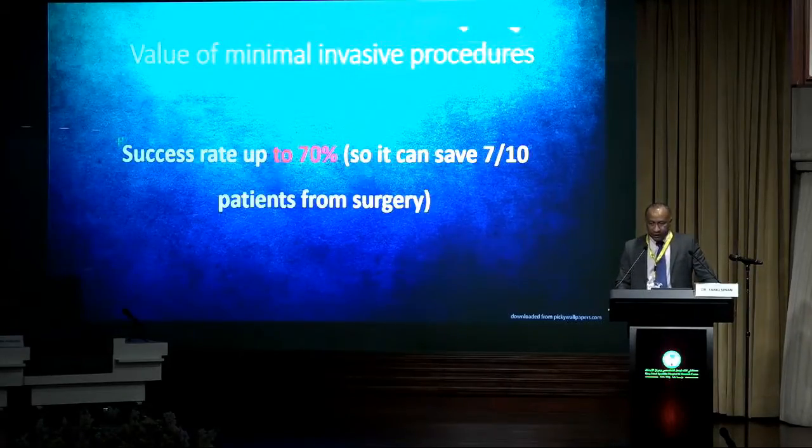Okay, now, what is the value? This is a comprehension of all minimally invasive methods from all the literature, from systematic reviews. It's between 60% and 100%. So basically, the average is a 70% success rate using minimally invasive methods. What does that mean? Is 70% a big number or a small number? To me, it means that we will save 7 patients out of 10 from going to surgery by doing minimally invasive. Even if that number was 50%, I would still be happy that I can stop 5 patients out of 10 from going into surgery, which we know is not without complications, either